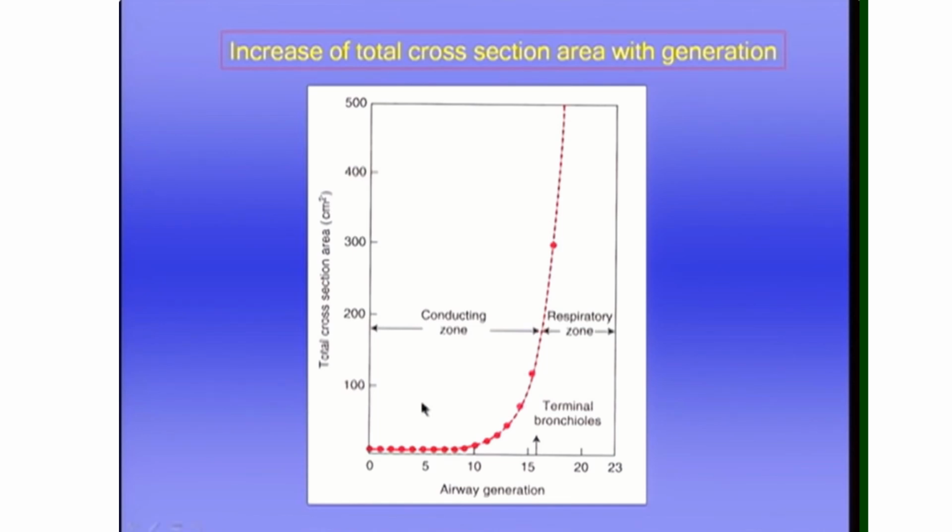It turns out that because of this enormous increase in cross-sectional area, the forward velocity of the gas, because of convection, becomes very small in this region of the lung. Now, what do I mean? What I'm saying is that each generation of airways has the same volume of gas going through it, of course,